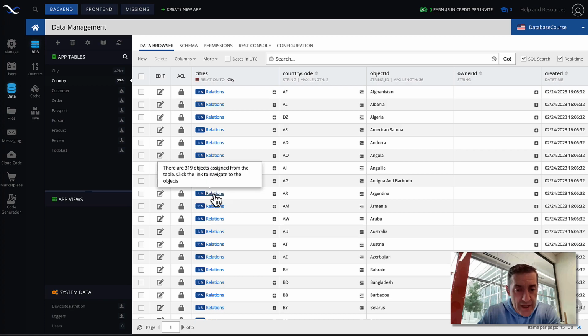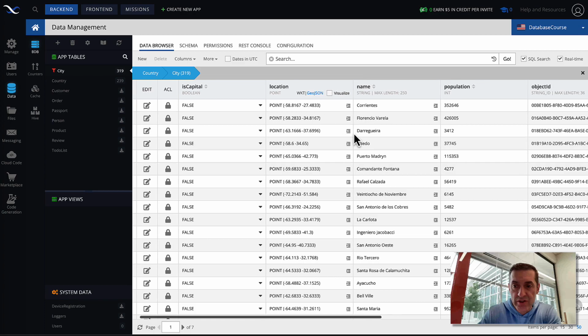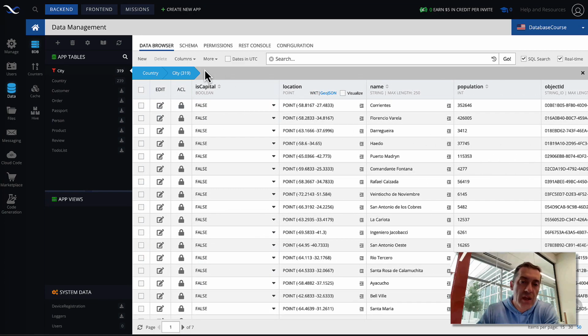If you follow that link and click on it, then the console will display all the cities for the country where you were navigating from. And here it shows the count of all those cities, so you can start inspecting this data. In this lecture, I will talk primarily just about importing this data, navigating through and seeing how it is organized. And there is one other consideration that I will bring to your attention whenever you are setting up a one-to-many relation, as far as retrieving data, managing those relations, creating, deleting. There will be separate videos that focus on the API.